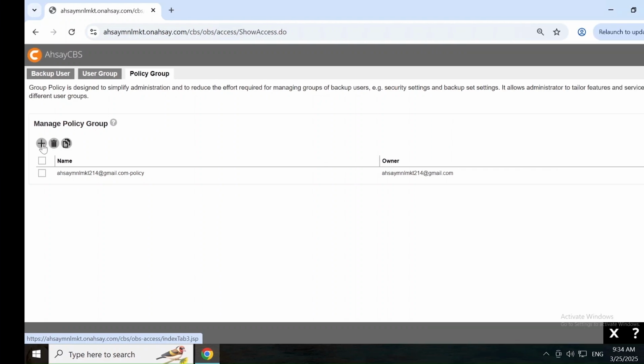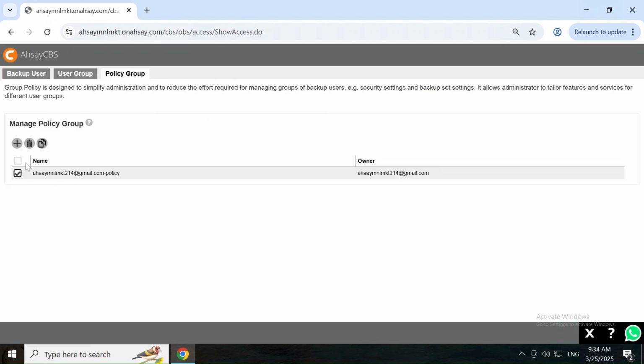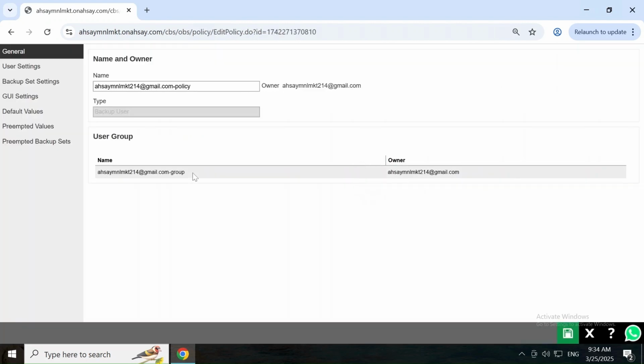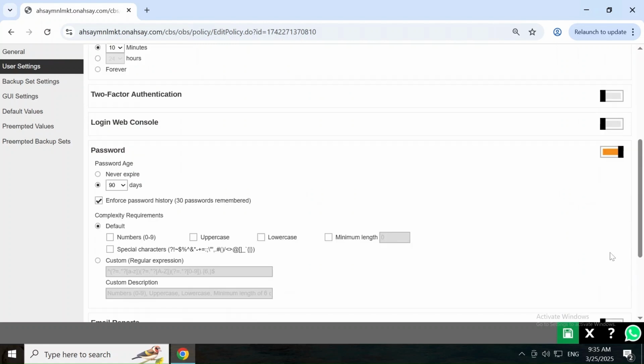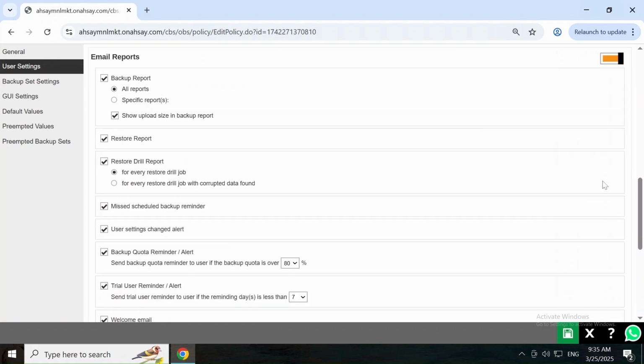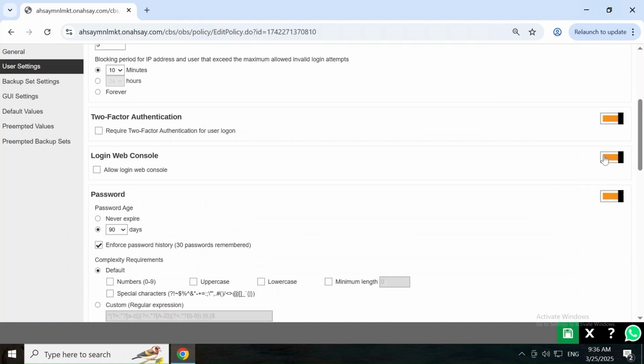Click the Add button to create a new policy group, or tick off the checkbox of one to delete. To manage policy group, select one. Some crucial settings that can be found under the policy group include the user settings, where MSPs can define security settings such as invalid login attempts limit, password policies, enforcing 2FA for user accounts, reports and notifications sent, and restricting